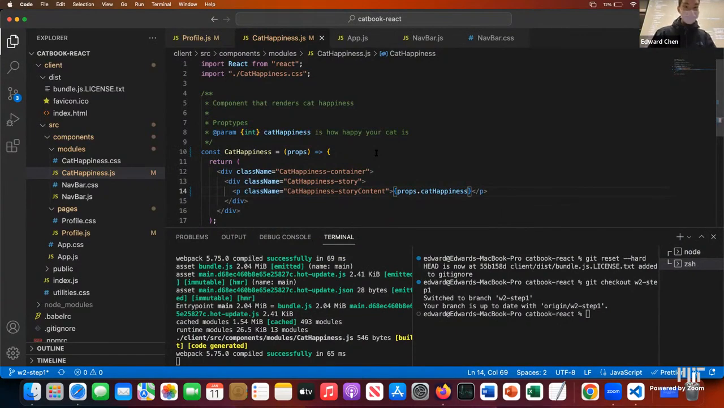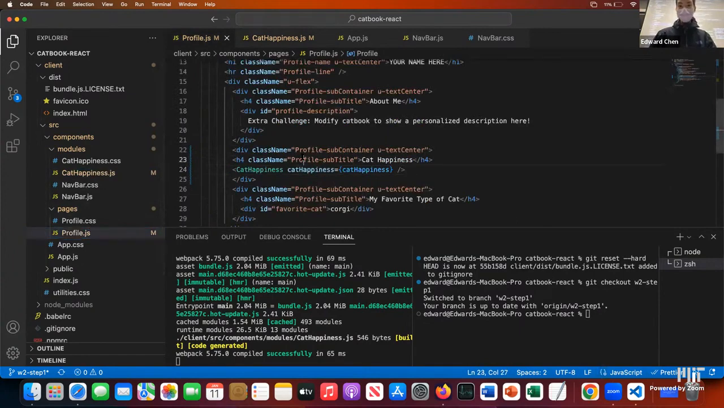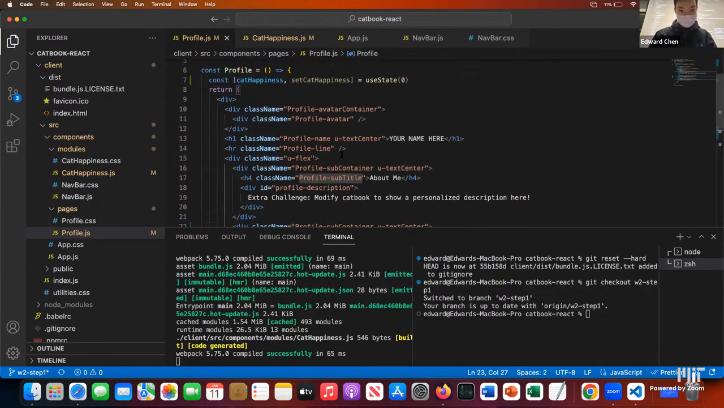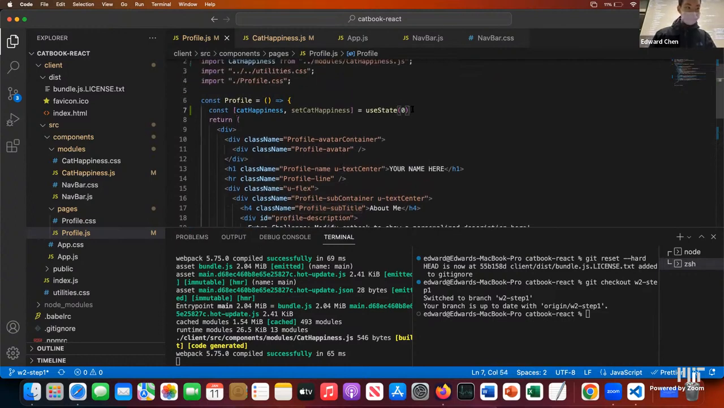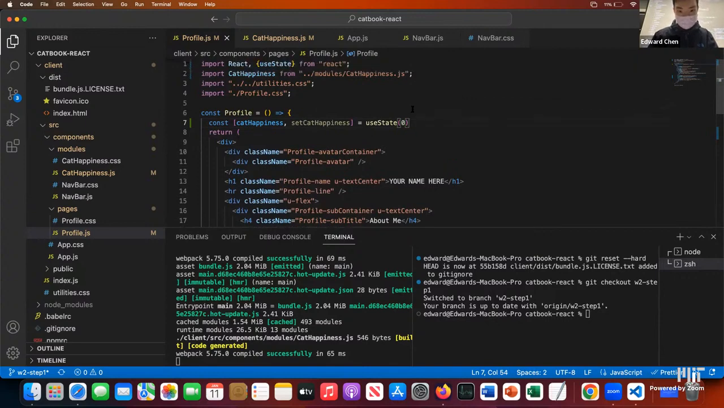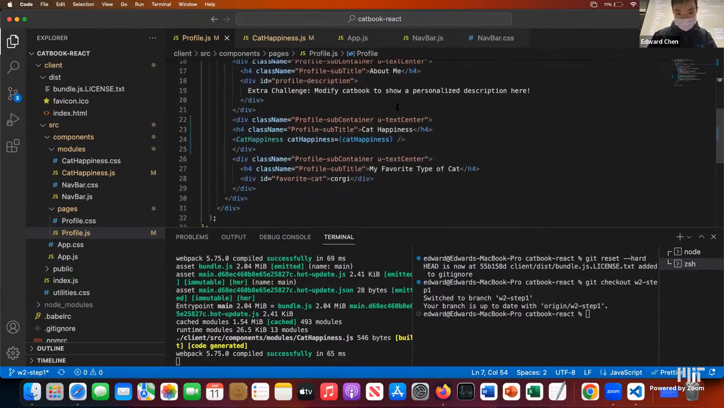We still need to make sure that when we click on the image, that prop value gets updated. So what we're going to do now is go into profile.js, and we're going to implement a function that let's call something like increment cat happiness. And we'll call that function every time we click on the profile image. That function will increase the value of the state cat happiness by 1. So let's see here. I believe that the function should have already